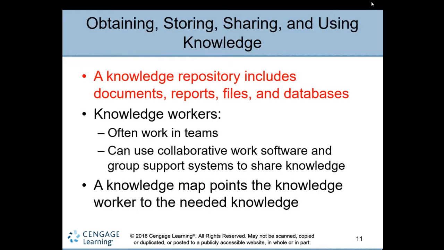So where does this knowledge come from? The knowledge is stored in a knowledge repository, mostly a knowledge-based database, you can say, right? A knowledge repository includes documents, reports, files and data. That's called a knowledge repository. A repository is nothing but a storage area, a location, right, where all this information in different formats is stored in one place, so that the knowledge workers can work together to access this information on a team basis, collaborating using some software tools to share this knowledge.